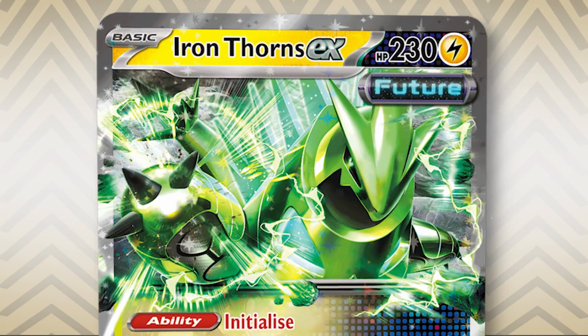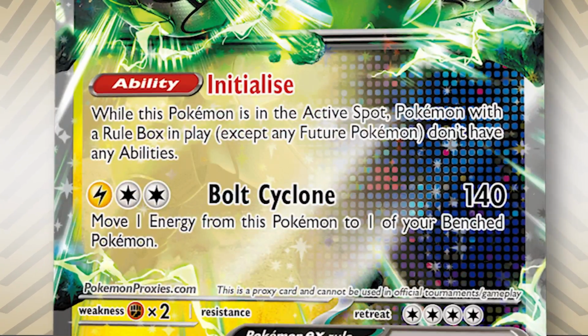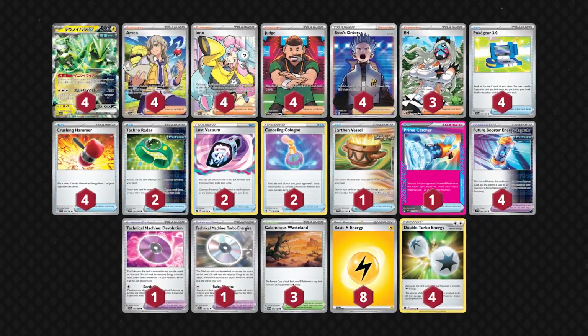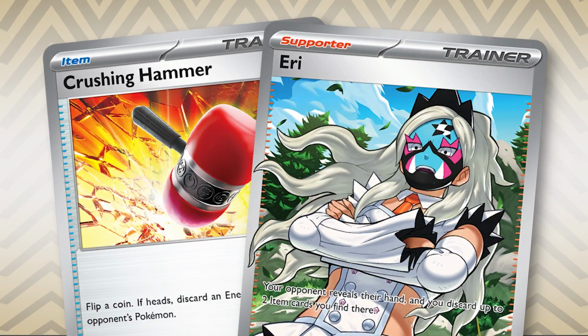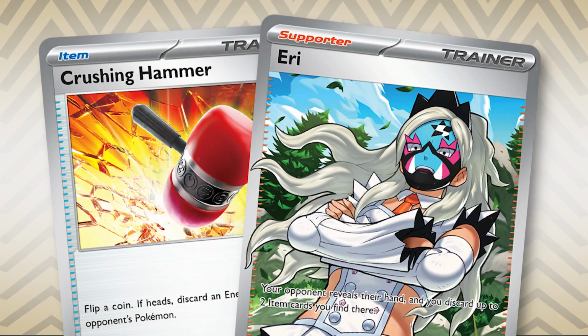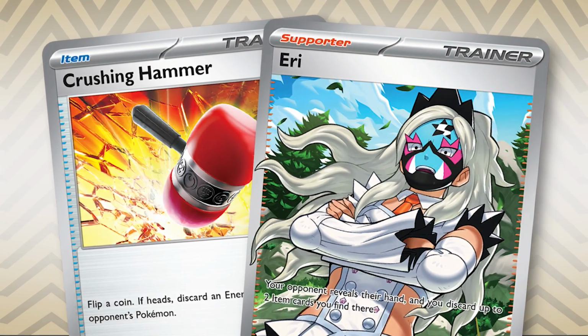With a sturdy 230 HP, a solid attack to conserve resources, as well as plethora of support both for future Pokemon, but also to deny resources such as Crushing Hammer and Airy, this deck is sure to be a headache for many people, and very appealing to others as it fits a very specific playstyle of don't let your opponent